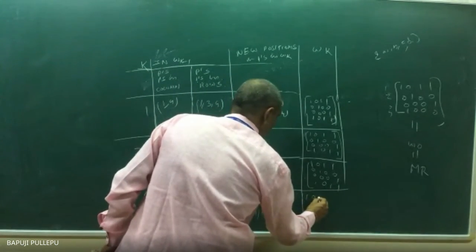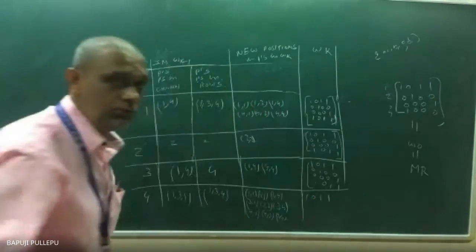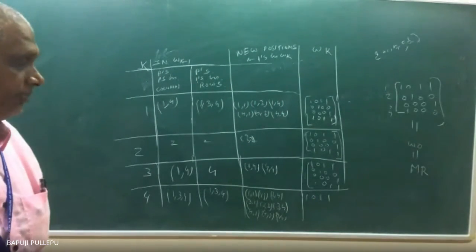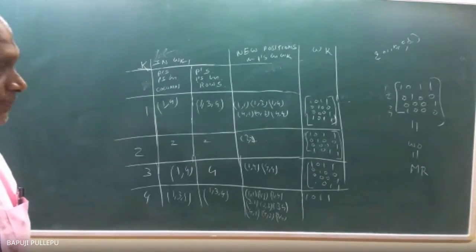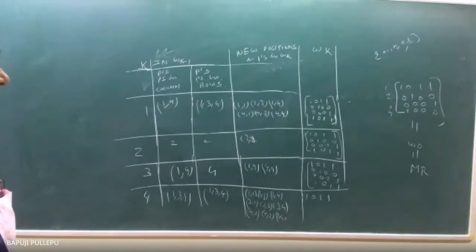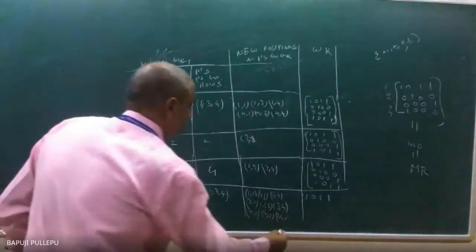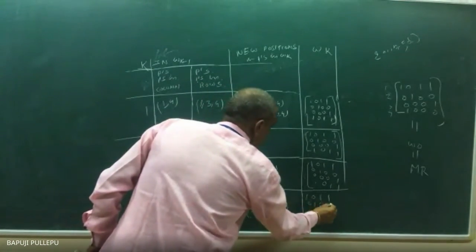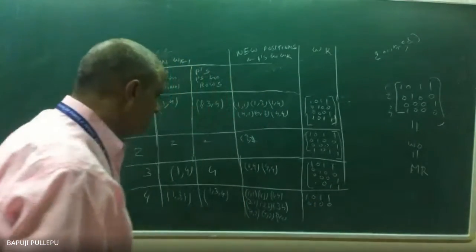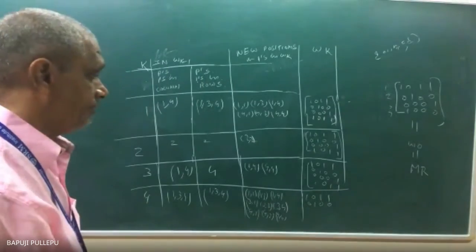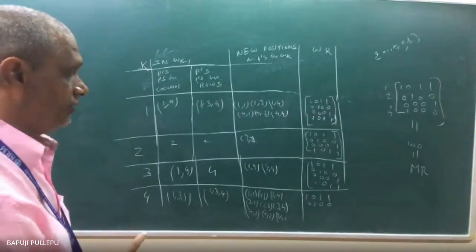Yes, sir. 0 1 1. So with the 2, no element is with me. Because if I have 2 1, 2 2, it means I can speak. But already 1 is there, that one I will take for granted. So 0 1 0 0. Next, with the 3, you can see 3 1 is there. But previous 3 1 is what? 0.